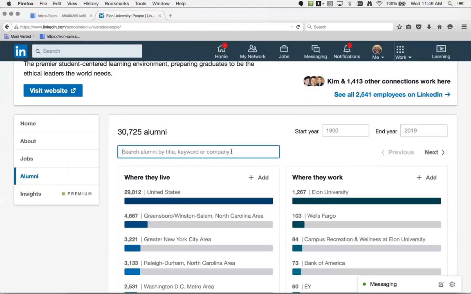Now, if you put a keyword in here like branding, every profile that has the word branding is going to pop up. So the keyword search isn't as successful as I would like it to be. So someone could put I hate branding, and then they're going to pop up in that search because it's a word that's in their profile. So that's one thing to consider as well.